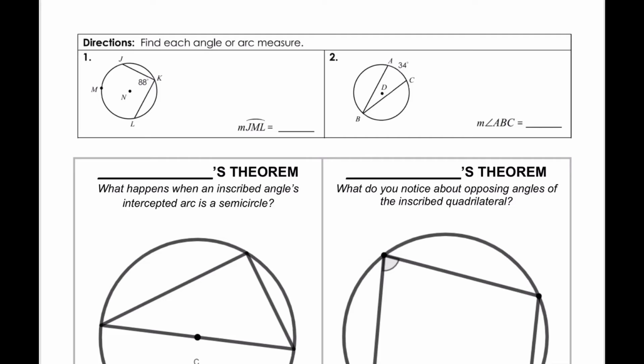This first one is not too bad. Find each angle or arc measure. So it wants the arc JML. If I come over here, where's arc JML in this picture? I'm going to go from J to M to L. Notice it specified 3 letters. That means I want a major arc, right? So I'm not going this way, I'm going all the way across. So JML, just like that. The measure of that arc